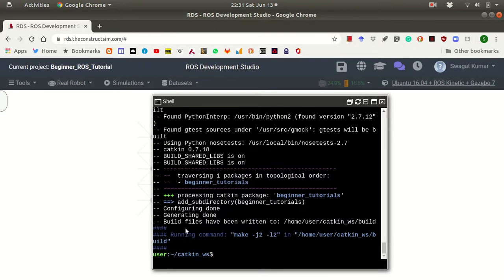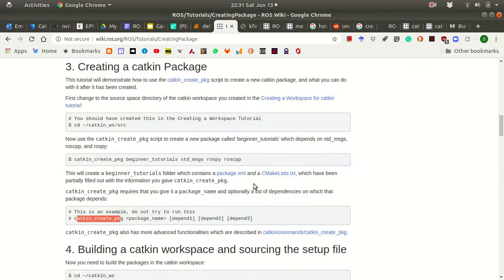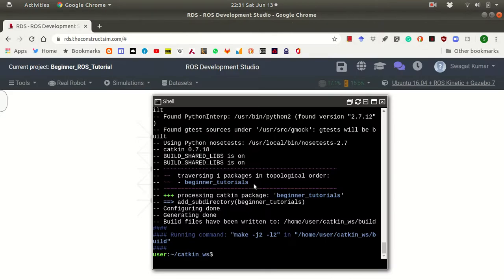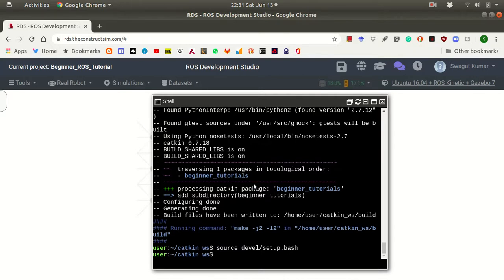Yes, now it says that it is able to create the beginners tutorials. So the earlier error was that I missed an S with the standard messages, so you have to be careful about the spelling here. So you are able to build it now. Even though it is empty, we have built it. Now the moment you have built it successfully, don't forget to source the setup.bash file so that the tree is updated. Now if I type roscd beginners tutorial and press tab,